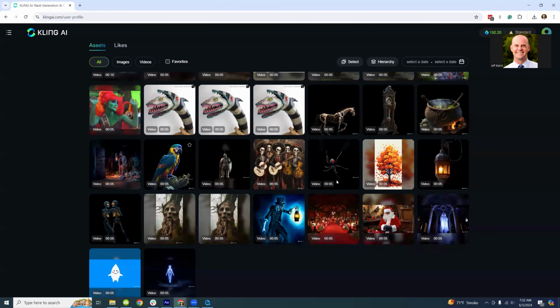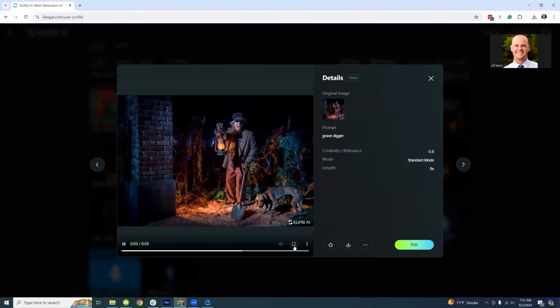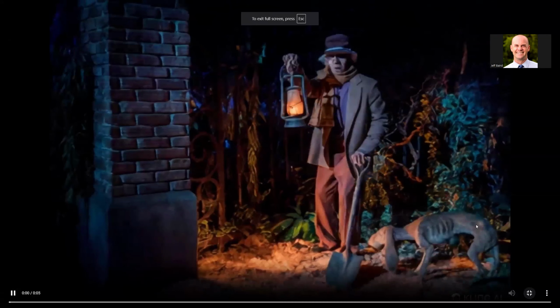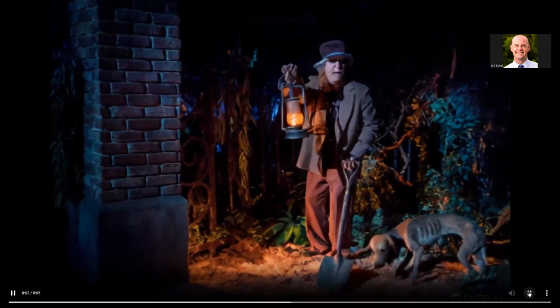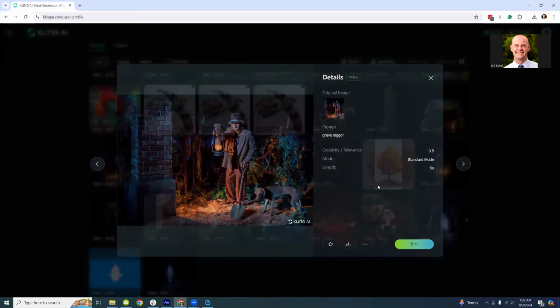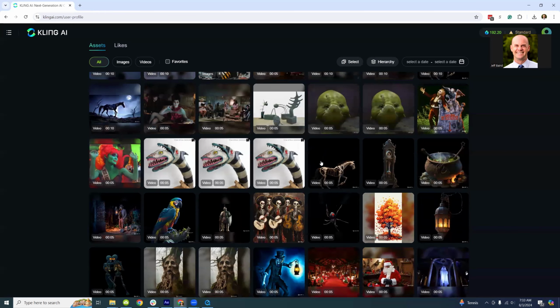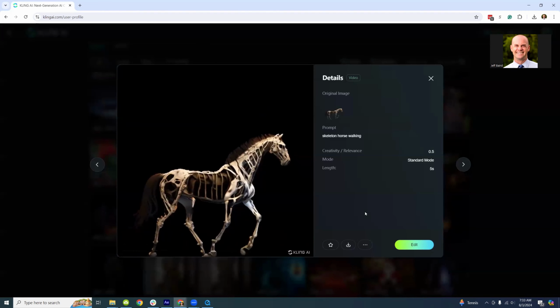This one's from Haunted Mansion. It made the face look wonky, but other than that, it wasn't bad. And so then I started looking at, oh, and the one that's worked really good so far is actually this